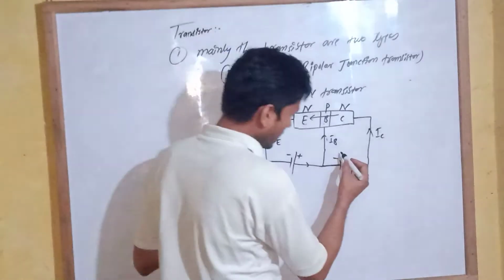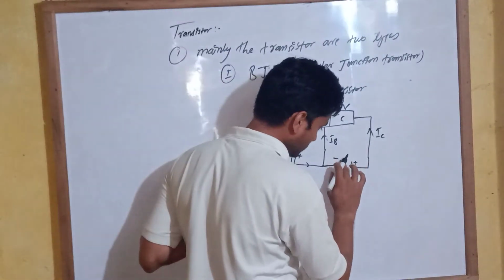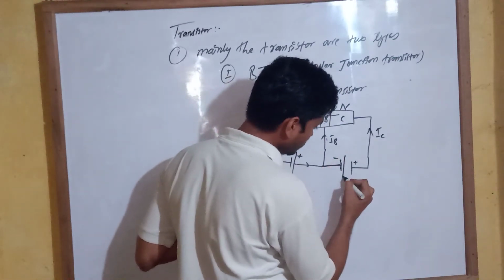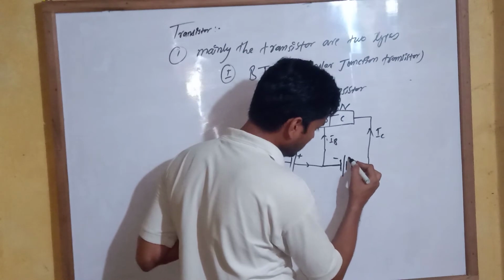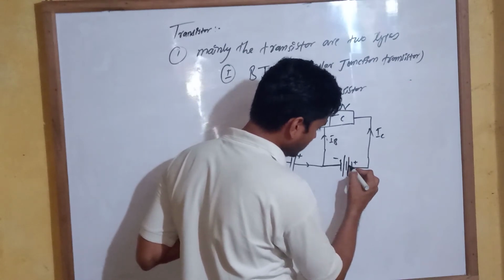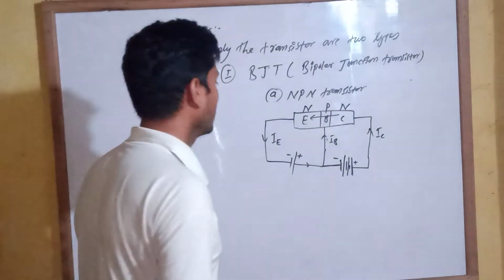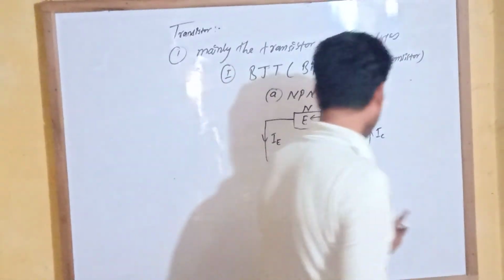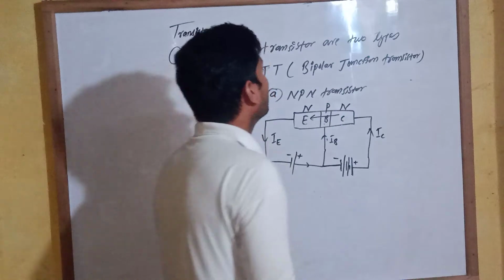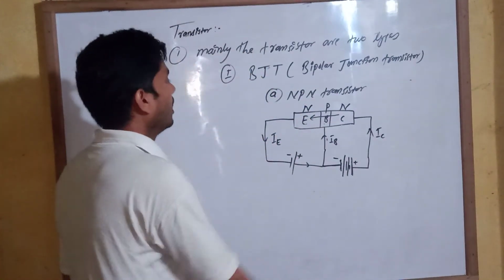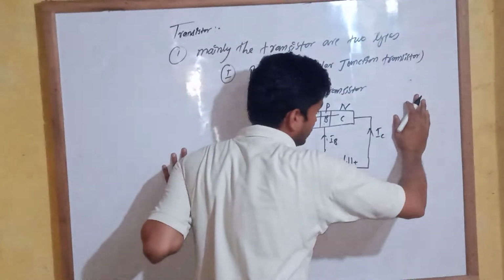And there are negative terminal, positive terminal, negative terminal, positive terminal, a small negative terminal, and a large positive terminal. This is our central idea of the bipolar junction transistor. And in the NPN transistor,